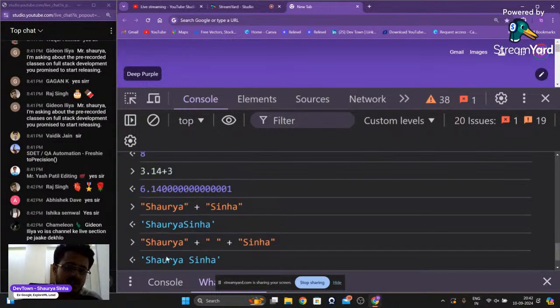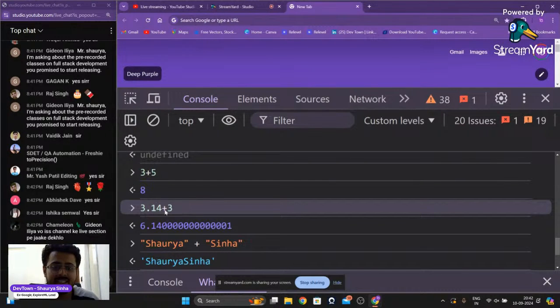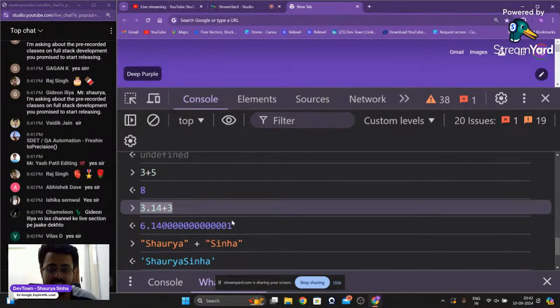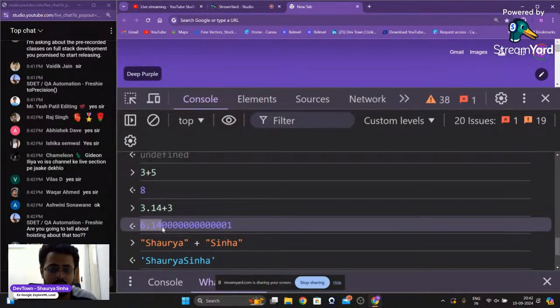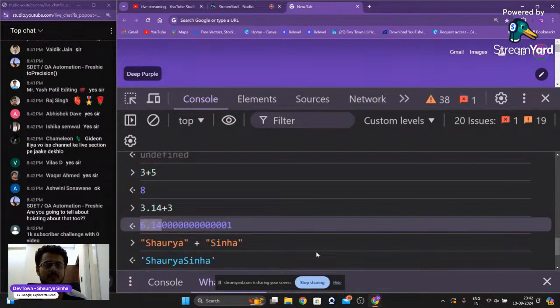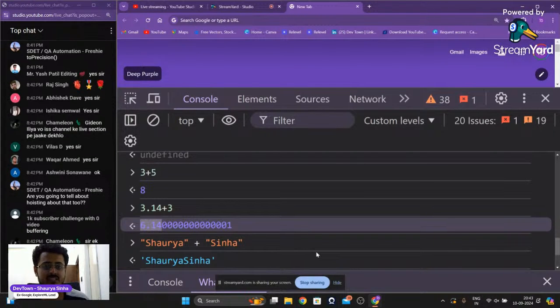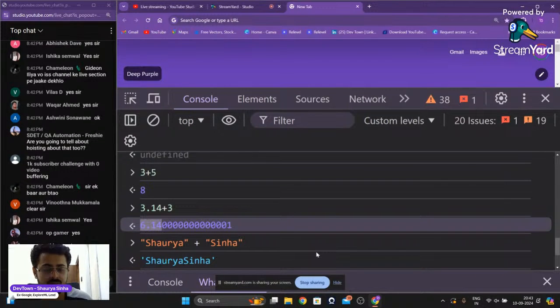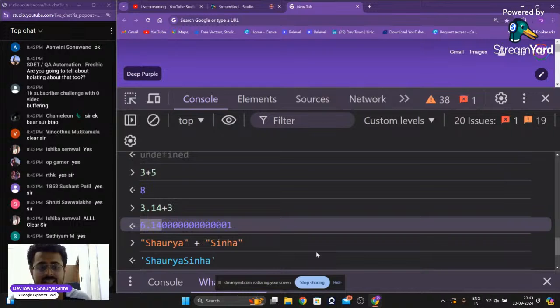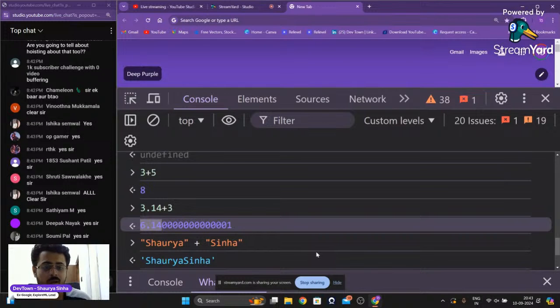Now, one thing if you guys notice right over here is that when I did 3.14 plus 3, I'm getting an answer that is a little bit greater than the desired output. Are you guys able to see this? Please let me know, guys. We're getting something that is a little bit greater than 6.14.